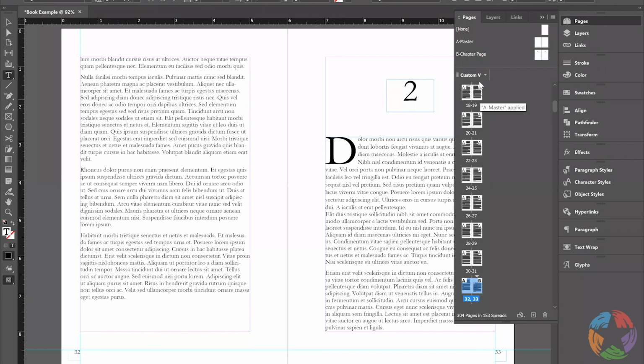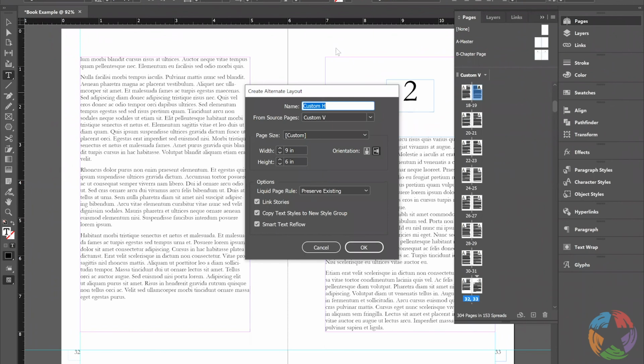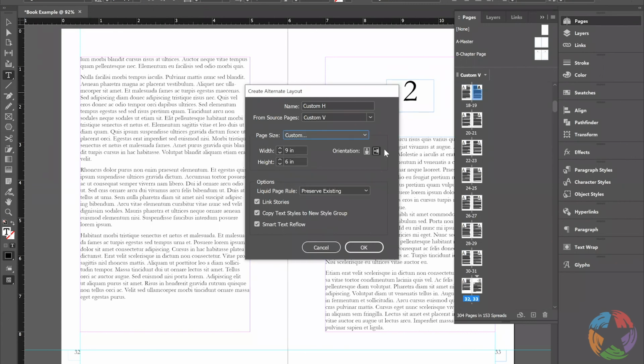So we're actually gonna just click anywhere and we're going to create alternate layout. It pops up with this new screen here and it pulls from what you already have, but we can actually change it to anything here. So if we wanted to do a smaller paperback version, this is where we could adjust the layout. Or if we wanted to make it mobile friendly, we could add in the,